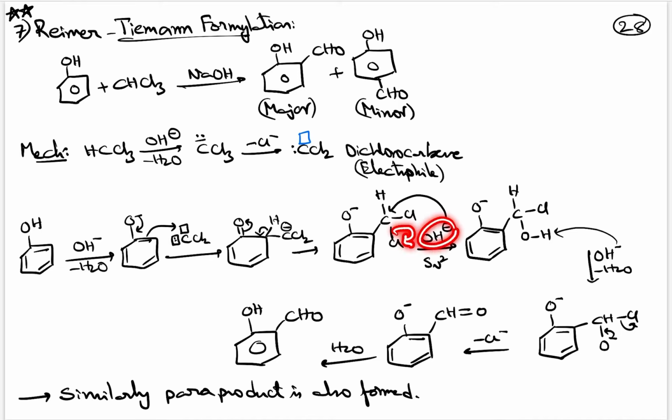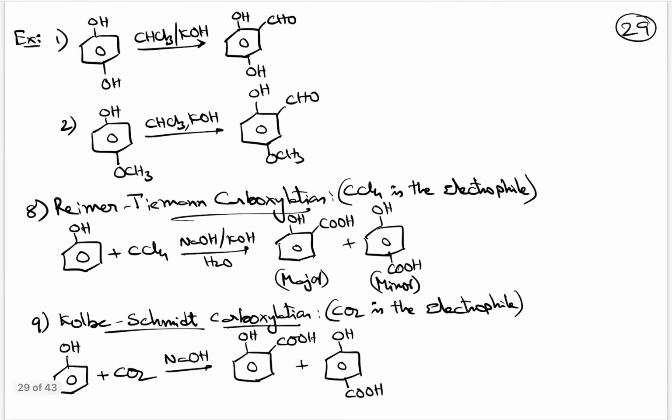And now from this compound, Cl minus will be substituted by OH minus, that is, an SN2 reaction will happen, and after this product is formed, the OH minus will go and abstract the H plus ion and will form alkoxide. This O minus tries to form the double bond, so this carbon will go beyond octet, so Cl minus will be eliminated out, and finally forms C double bond OH, the formyl group. And at the final step, protonation of phenoxide O minus will be done to get salicylaldehyde. In a similar mechanism, we will be getting a para product also. Then some other examples I have also given, you see here.